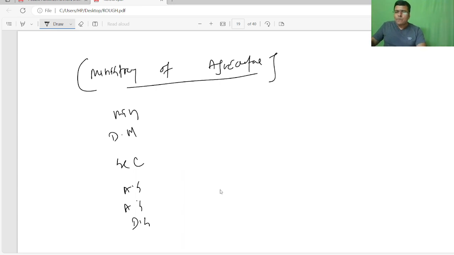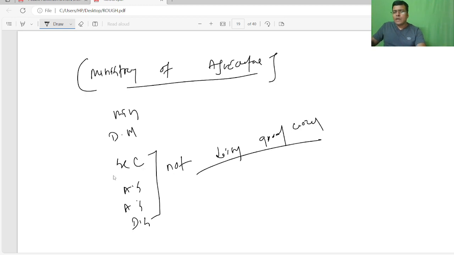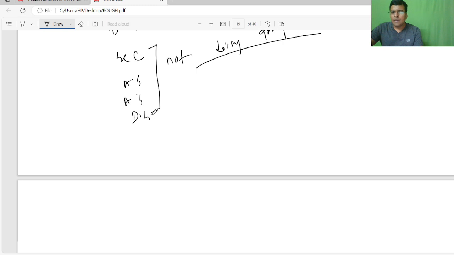So suppose in the agriculture department, the secretary and assistant secretary are not doing good work. Parliament feels that the agriculture department secretary and assistant secretary are not doing good work. Now suppose a law